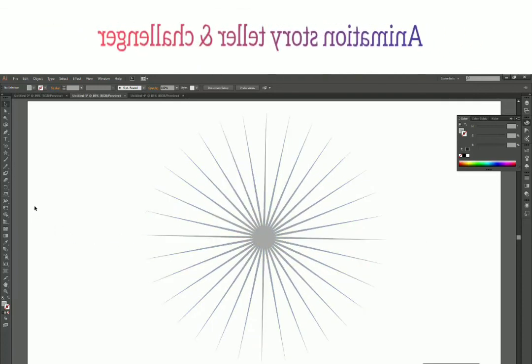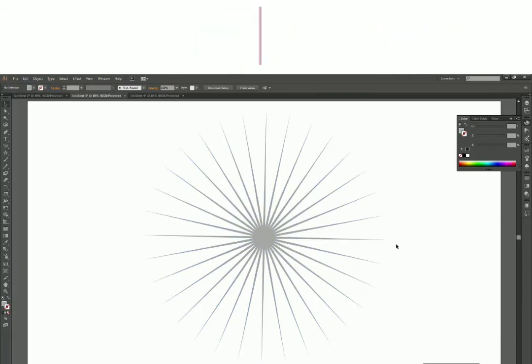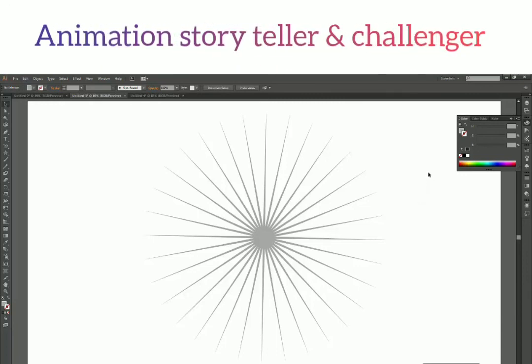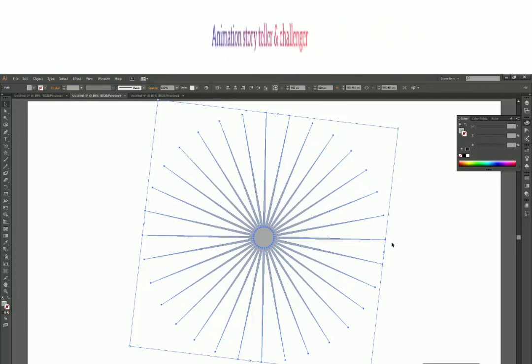You can put a very dark color behind it and make the star very light to make it look like a real light. So feel free to experiment with all these things and see what you can draw using these tools.